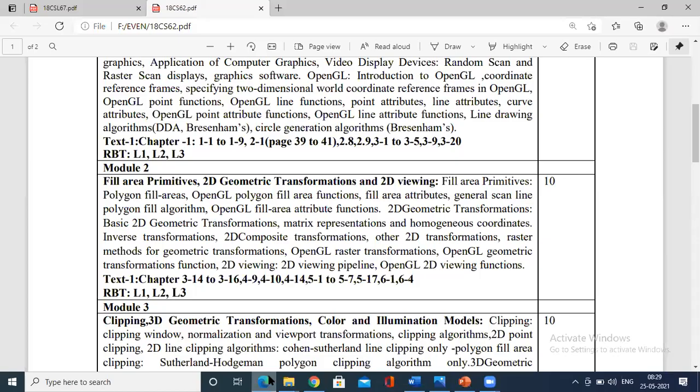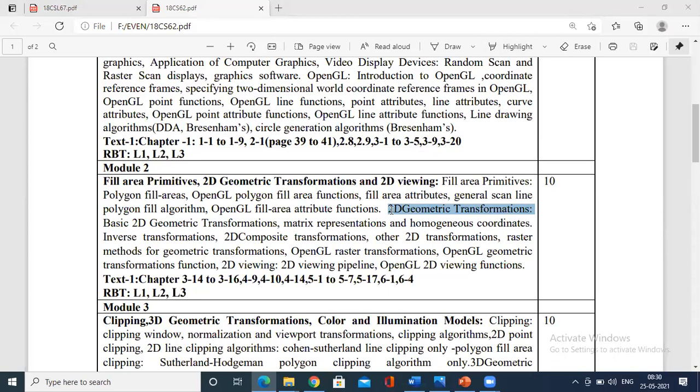So the next concept: last class we initiated the basic concepts of transformation. We just started what 2D geometric transformations are. In that, we saw two kinds of transformation, called translation and rotation. Due to a problem with the annotation, I could not continue the class. So today I'll have a recap and continue to the matrix representation and maybe the homogeneous coordinates.